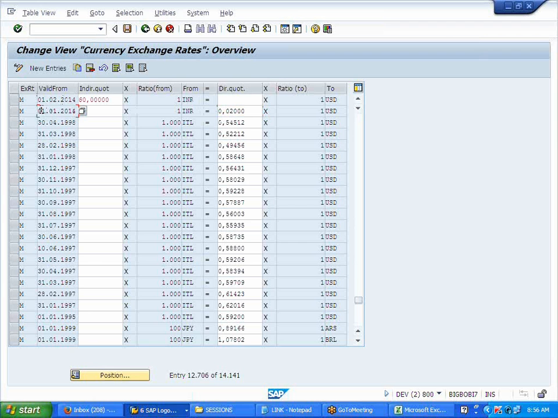You cannot have both direct and indirect in the same line, and the same date can't be posted twice. Got it.